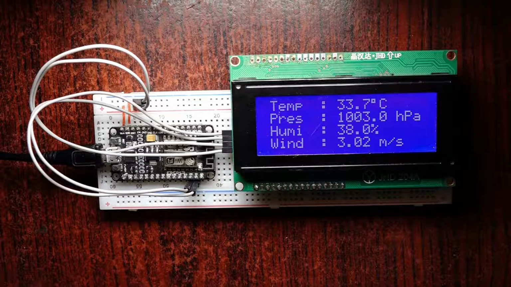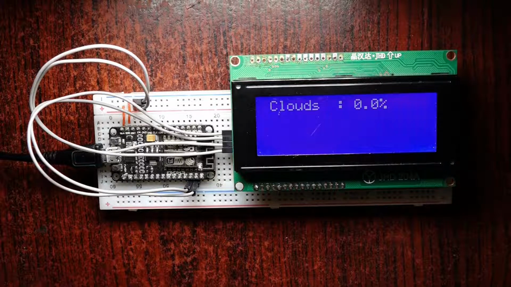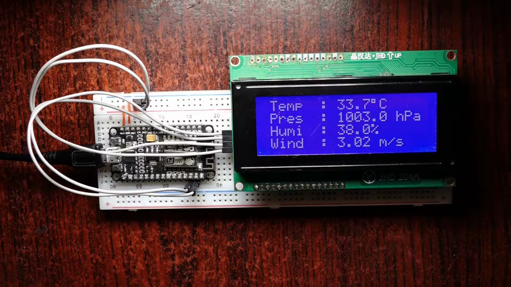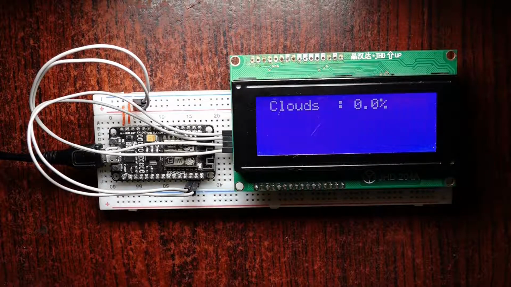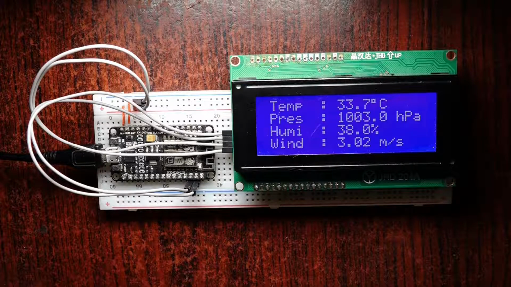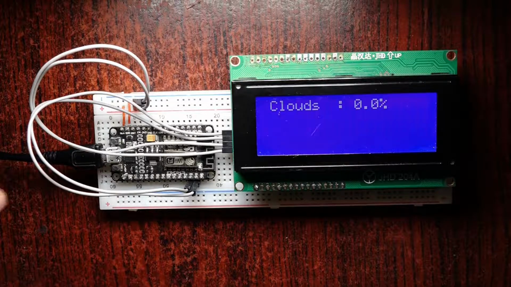What is this Open Weather Map? It is an online weather provider. It will provide us an API, and whenever we fire a web request to their server, the server will give us the weather information of our current location. So for explaining this whole project, I have to take you to my monitor screen to understand the wiring, the circuit diagram of this project, what Open Weather Map is and how we get that API to fire a web request on their server, and also the code explanation. So let me take you to my monitor screen.